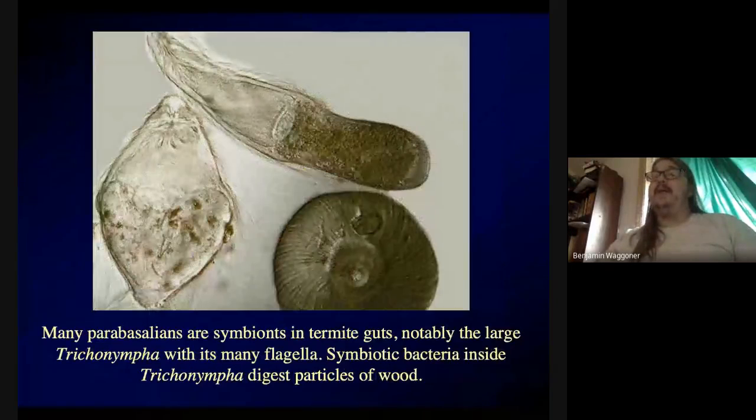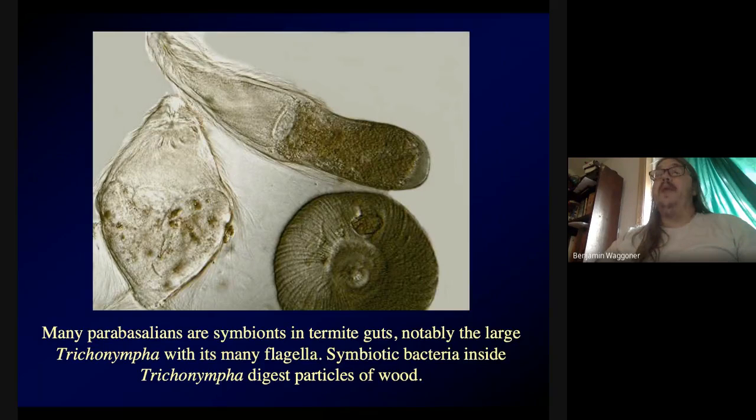There's other parabasalians, lots of them that are symbionts in termite guts. I've seen Trichomonas species in termites. Trichonympha is a lot of fun to watch because it's this blobby thing that always reminds me of Santa Claus because it shakes when it laughs like a bowl full of jelly. It's got this very variable shape. There's a sort of nose cone at one end,